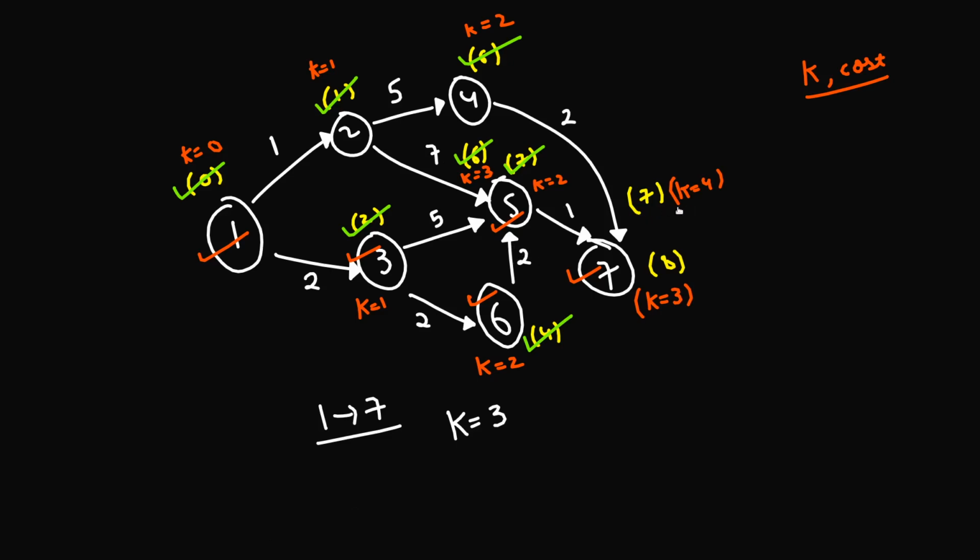So I have a cost of 7 when I have k equals 4, and when k is equal to 3, the minimum cost that I can have is 8. That means that if the path length is such that I visit a total of 3 cities apart from the source city, because that's what the value of k is, the cost that I'm going to incur is 8, and that's precisely this path, which is this 1 and this 5 and this 2.